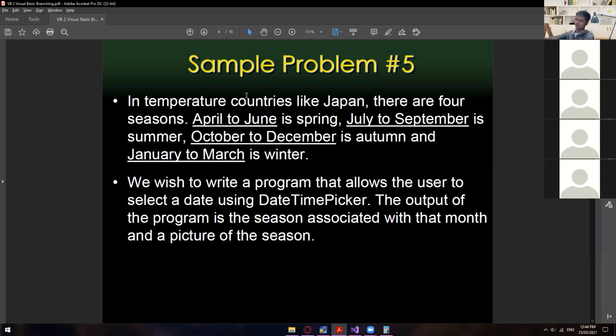Anyway, so let's proceed to the next one. So sample problem number 5. In temperate countries like Japan, there are 4 seasons. April to June is spring, July to September is summer, October to December is autumn, and January to March is winter. In here, we wish to write a program that allows the user